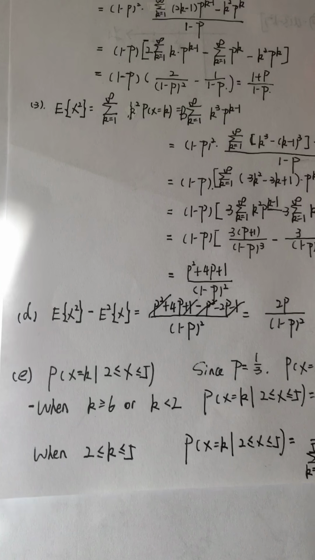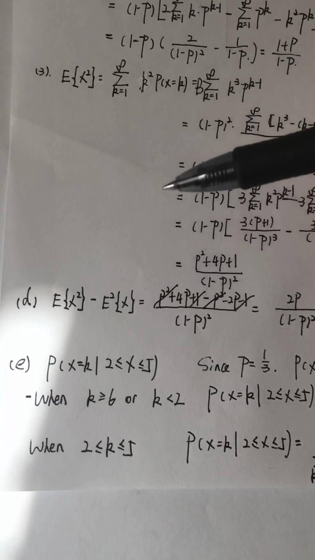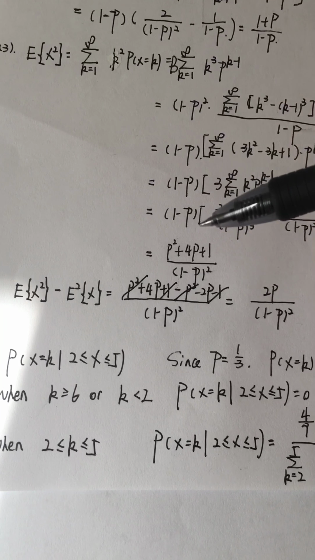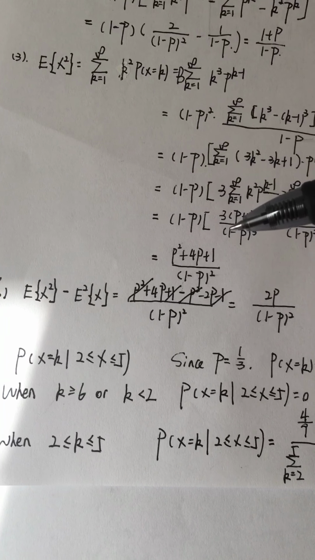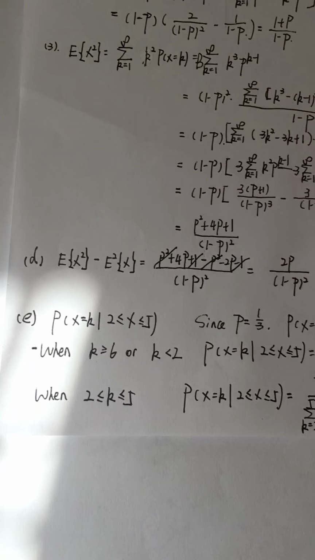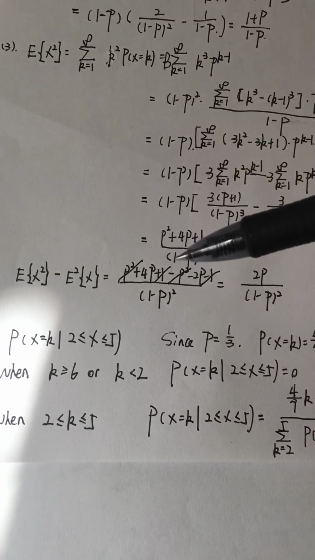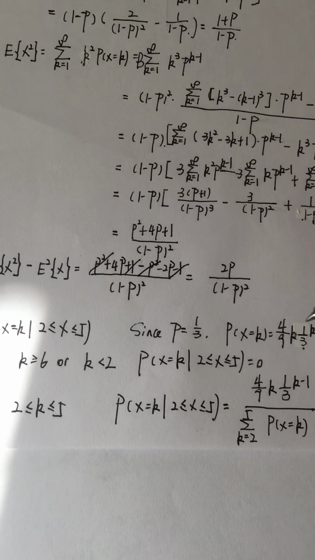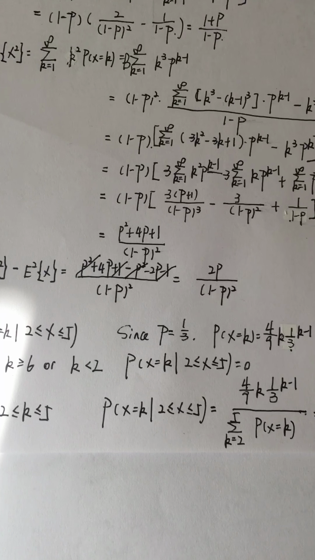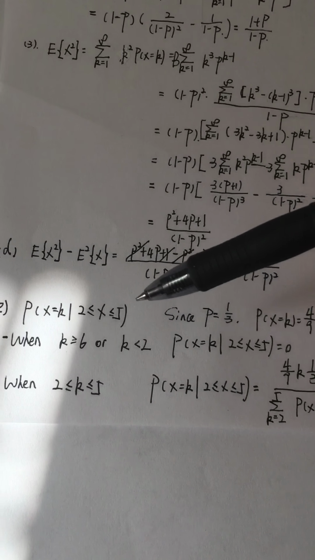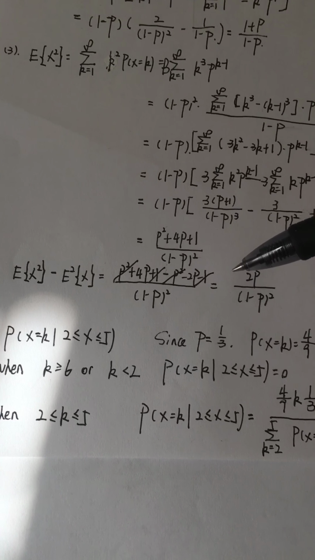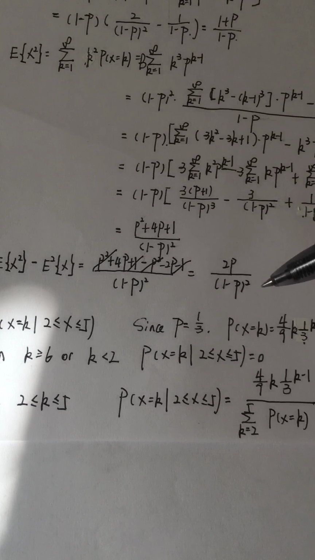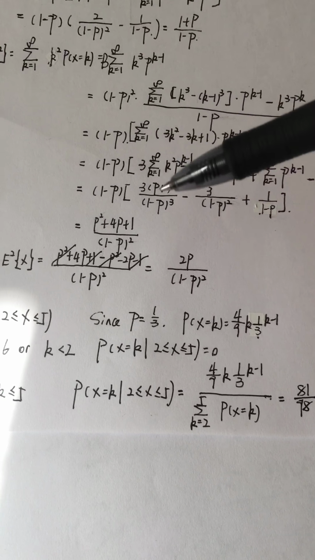Okay, the last question. We want to figure out P(X = k) given X is less than or equal to 5 and more than or equal to 2. First, when k is more than or equal to 6 or k is less than 2, its probability doesn't exist. It is equal to 0. And when k is less than or equal to 5 and more than or equal to 2, we can